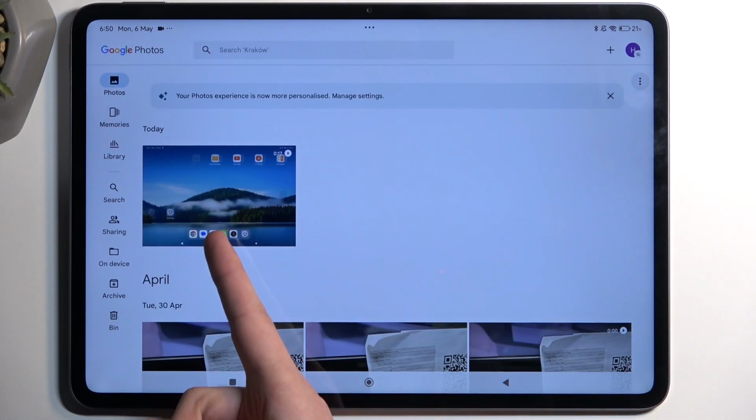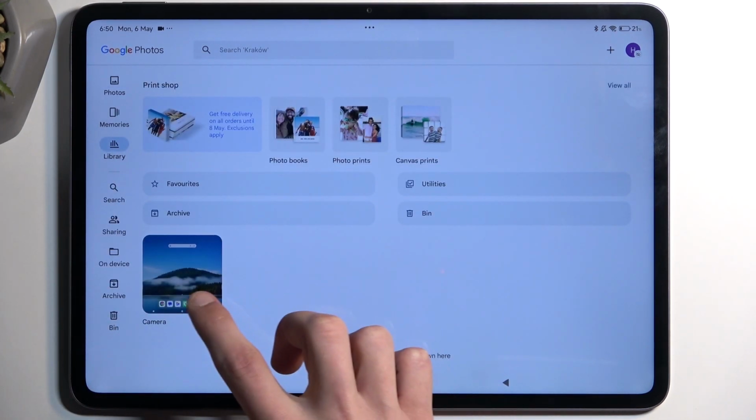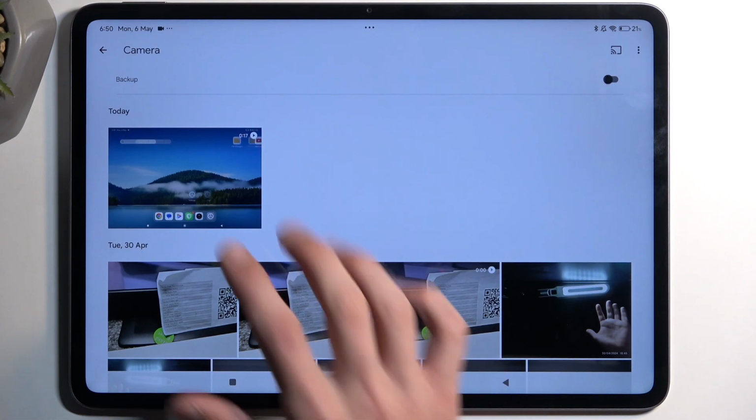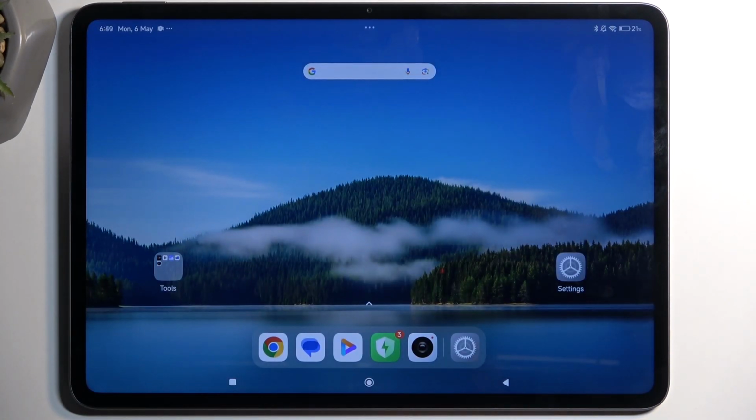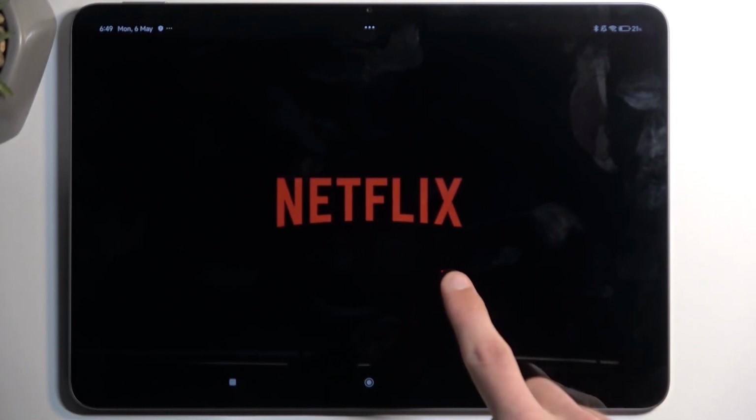and you can see it right here under Today, or you should also be able to find it under Library, and it looks like a camera for some reason. So there we go. And it's already playing. Now, I did show up Netflix as an example right here because after this logo there